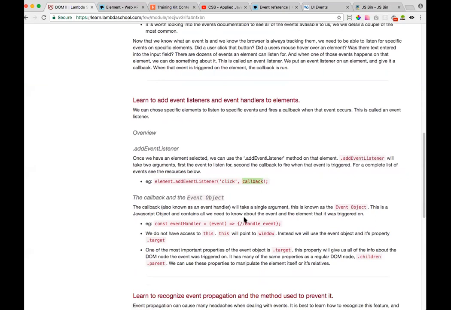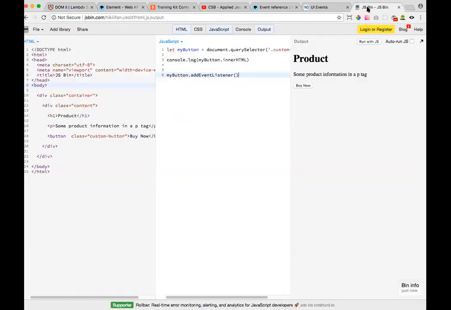So remember callbacks from last week? Callbacks allow us to call a function on itself and pass in different parameters. So what we can do, if we come back here, is set up our listener. We can actually pass something in here. And in this case, we're going to pass in click, like we said. And then we can pass in an anonymous function, right? So we could just come in here and we can say,